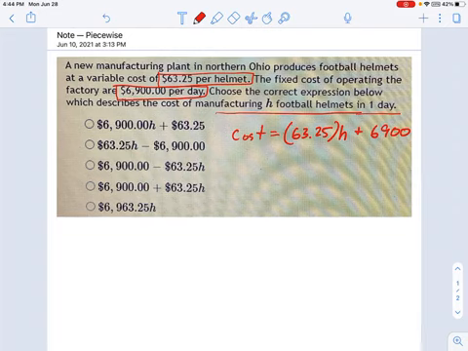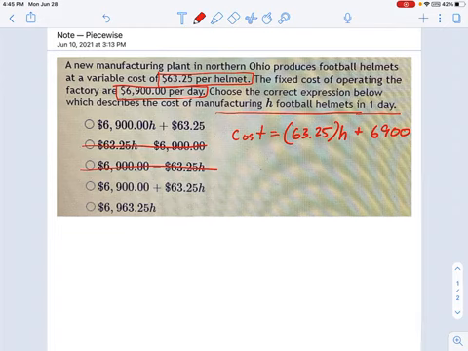And as I look through the list, you can see a bunch of options, and it's good to look at your options and rule out some. See this minus sign? That's no good. We can cross out things with minus signs because we're adding two costs together. And what else can we cross out here?